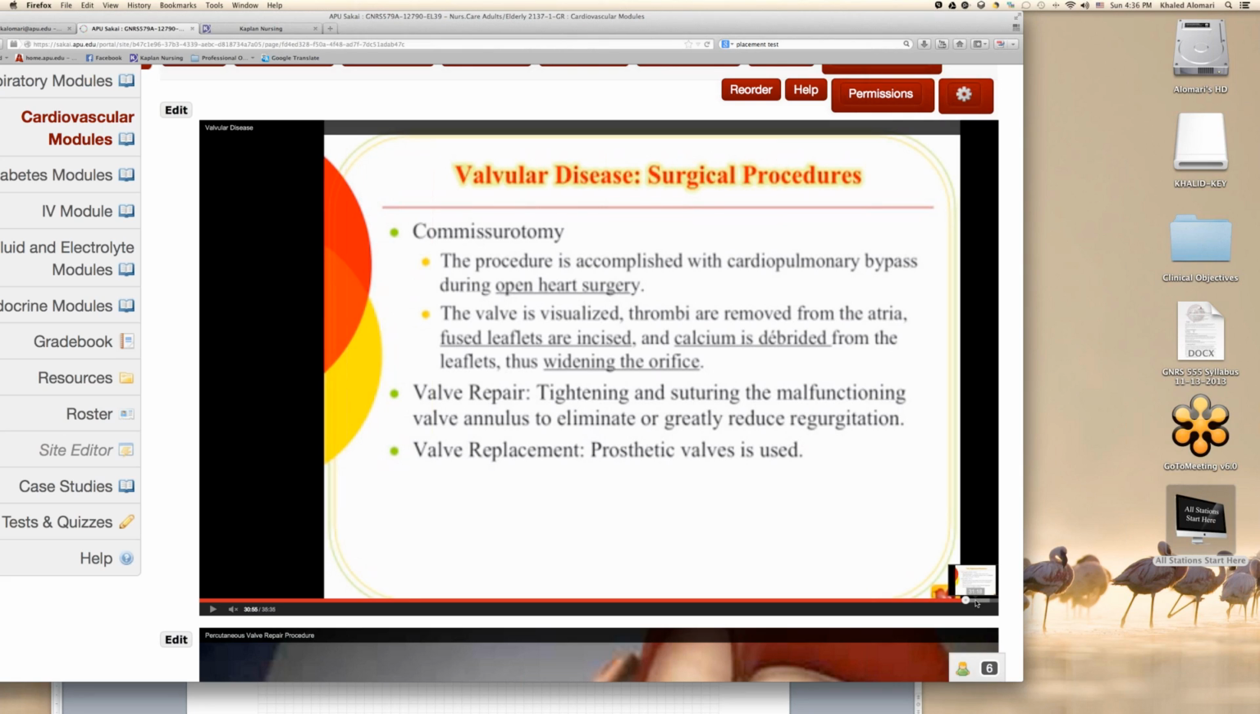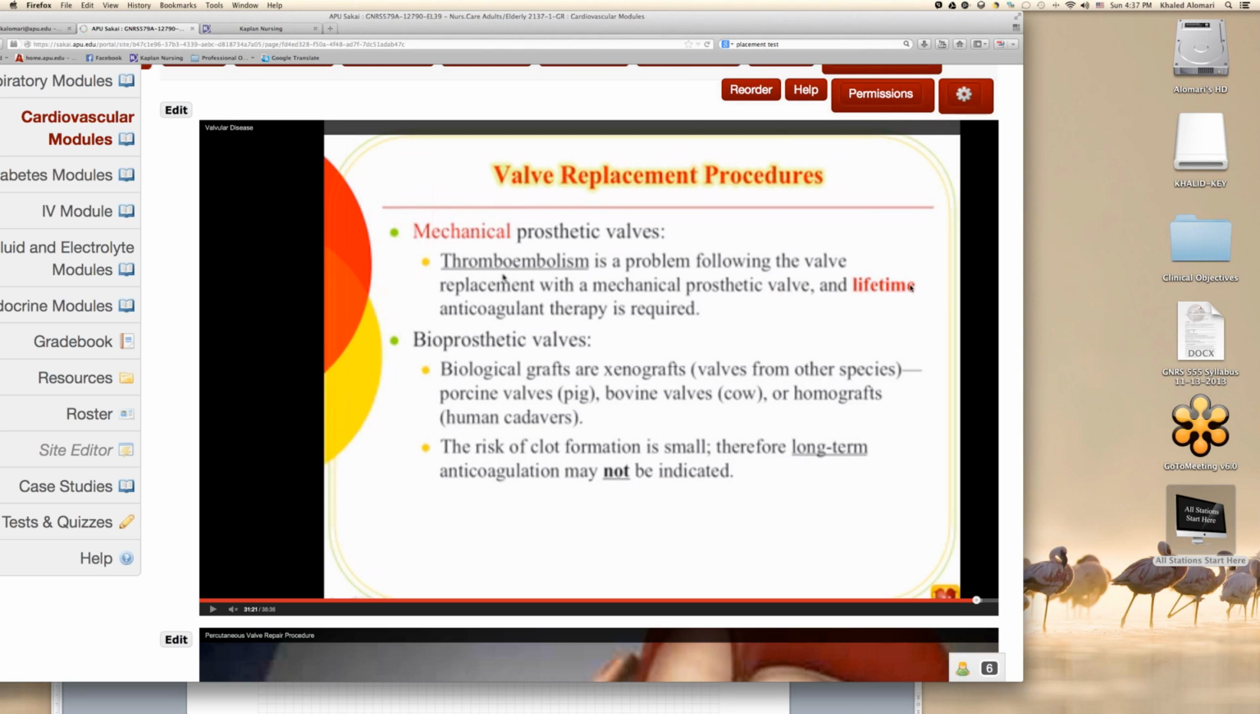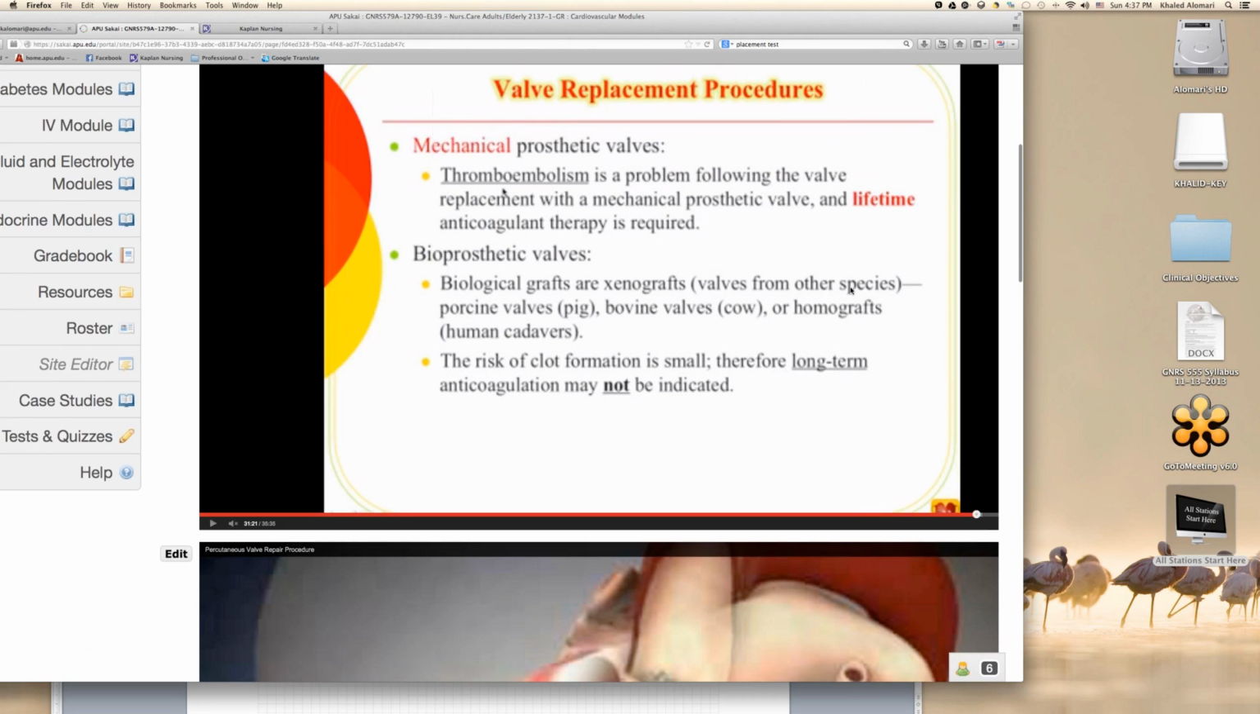And then the last thing is when we have to use the valve, and we talked about two different valves, and we talked about the differences between them, mechanical, where the patient has to have lifetime. So